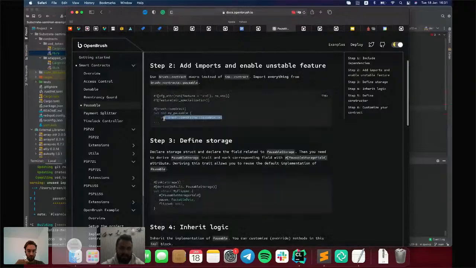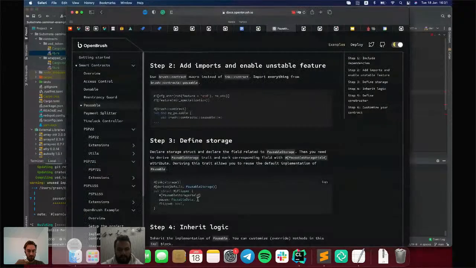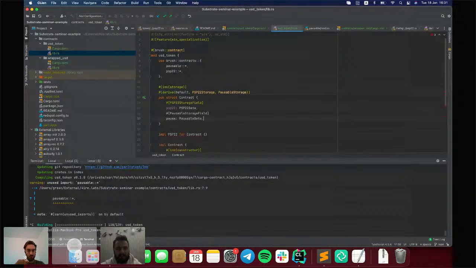We already imported stuff related to Pausable. Now we want to inherit the implementation for the Pausable storage trait, and for that we need to mark a field in our contract.